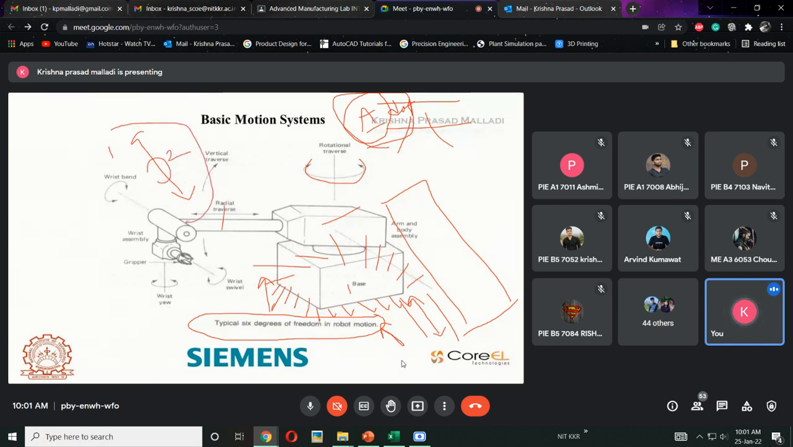So now what will be happening? These additional two will come into existence. This is called an 8 degrees of freedom robot. So 6 degrees for the robot as well as 2 degrees for the movement of the robot from one area to another area. Generally, these types of 8 degrees of freedom, 10 degrees of freedom robots will be used